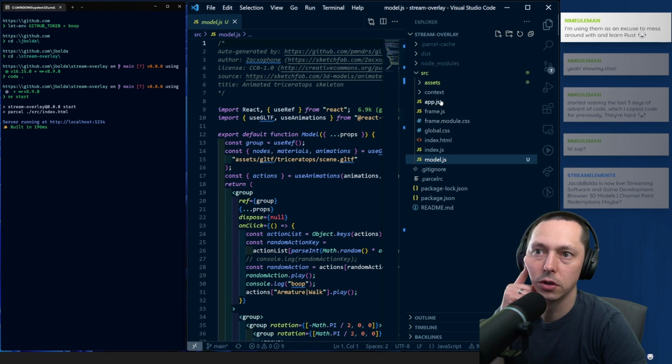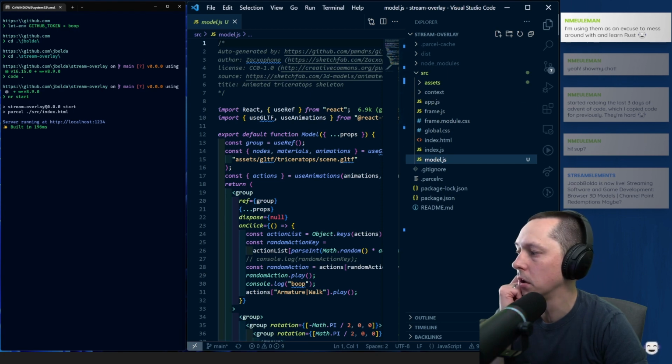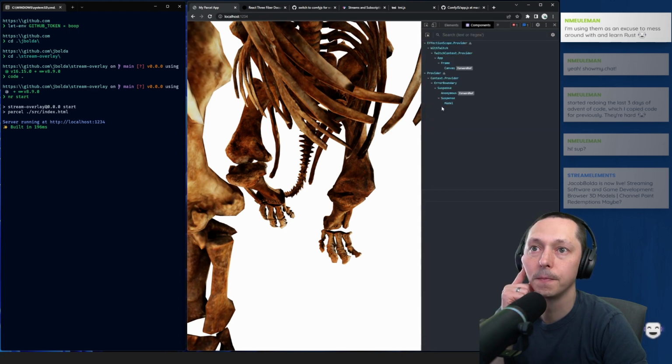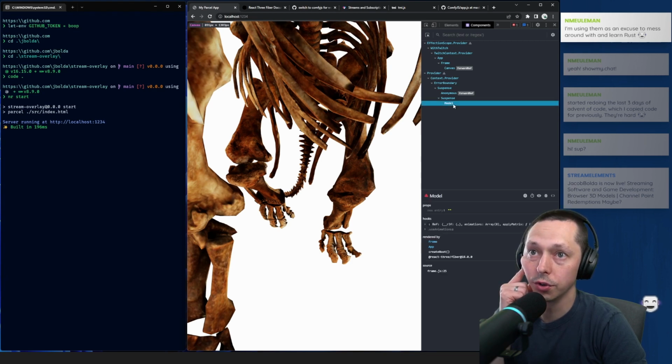Refs and such that it actually has. If we pull up the React component tree, it has this whole separate provider and scope. You can see model is showing up here.